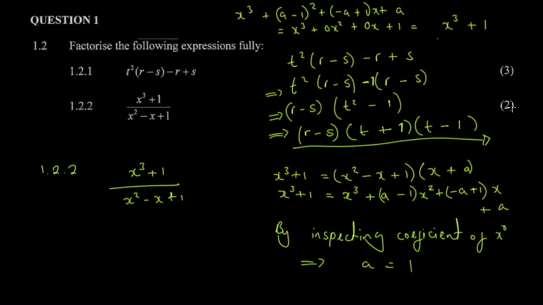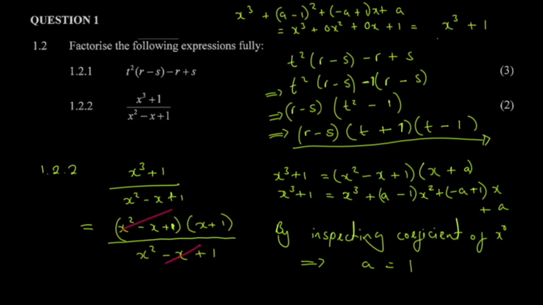Here, what I'm noticing is that they only give you 2 marks. So in actual fact, they expect you to know that if you factorize this, you get x squared minus x plus 1 and the other factor, which is what we found here: x plus 1. Then you divide this by x squared minus x plus 1 like this. So you have to cancel the commonalities. So this one cancels this one,